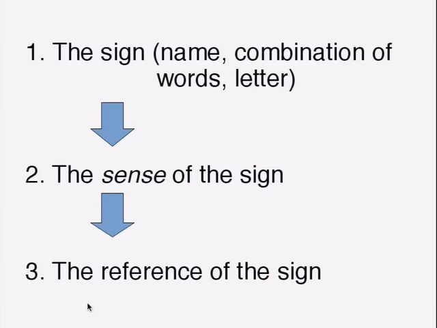Someone actually said to me today, if you have a name like Barack Obama, then all there is to the meaning of the sign is the object you're talking about. The name is a tag for the object. That's what the name is. Frege is saying, no, there is this other thing, the sense of the sign. So why do you need that?